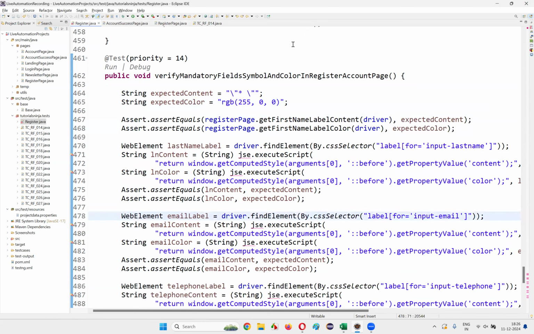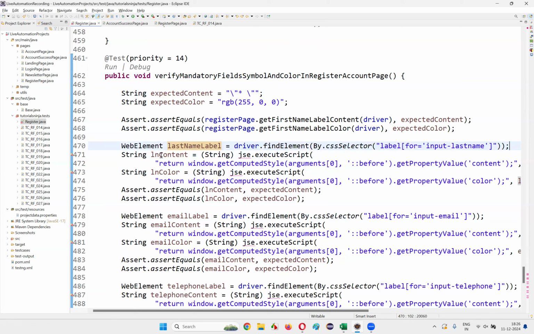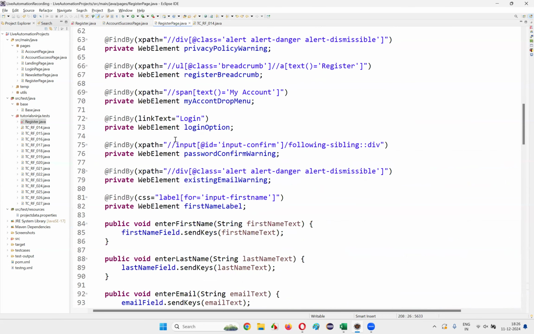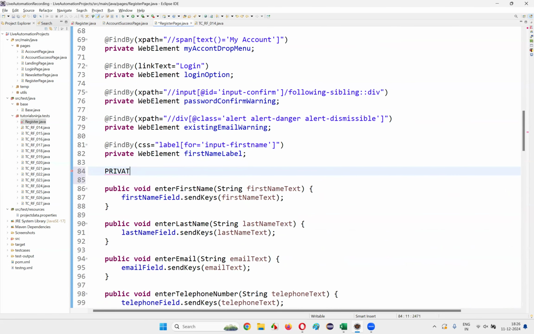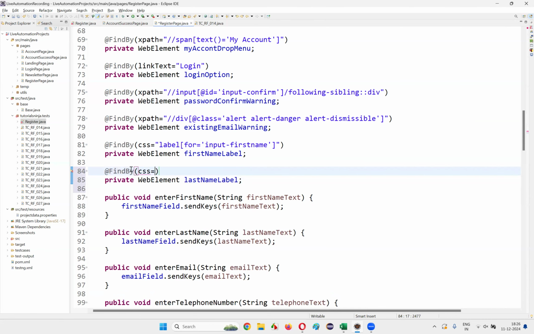Save all. And here write down web element last name field driver.find element. So for last name field, again the same thing, guys. We need to create this web element. Copy this. Go to the register page and write down private web element last name label, put a semicolon. Here write down @FindBy CSS is equal to give the CSS selector, save this, come back here